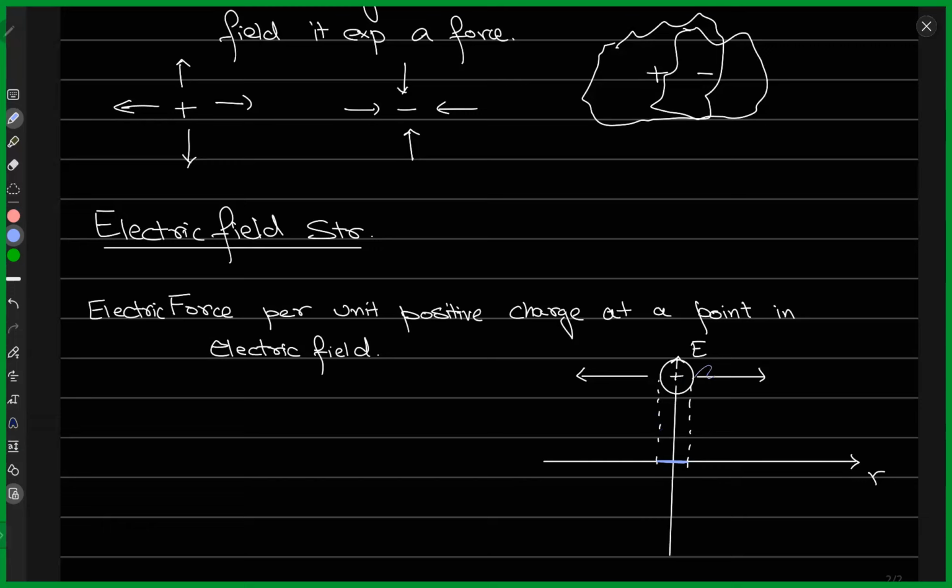As soon as we are at the surface of the charge, the electric field strength is maximum, right? According to the equation that I'll write down in a second. The electric field strength is maximum at the surface of the charge, and because